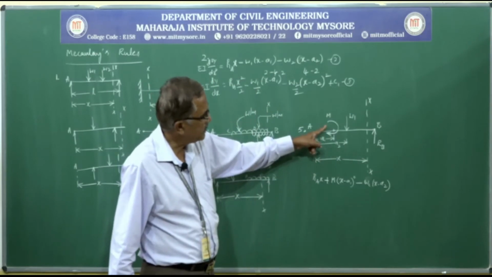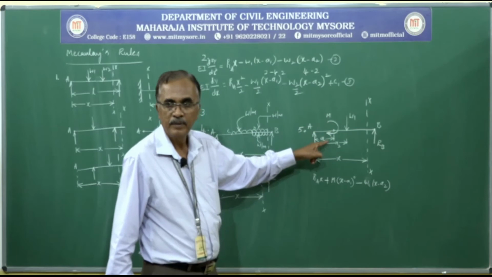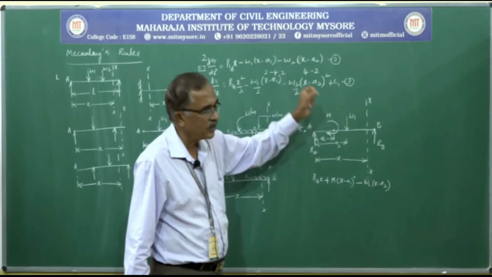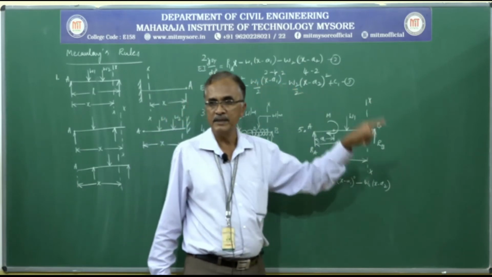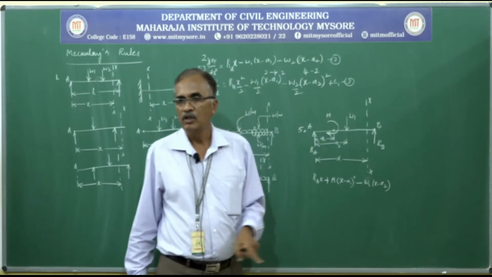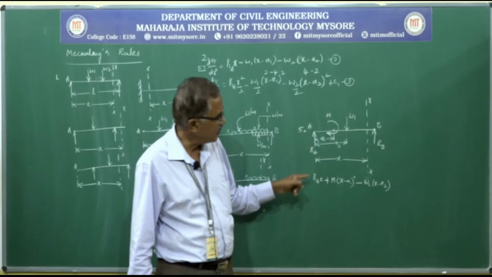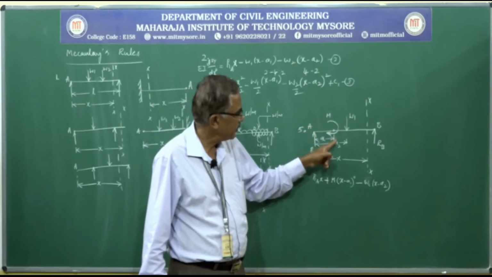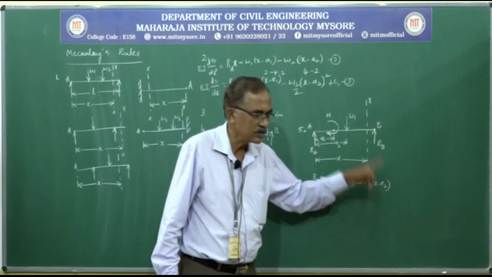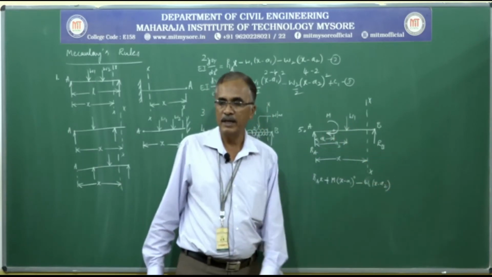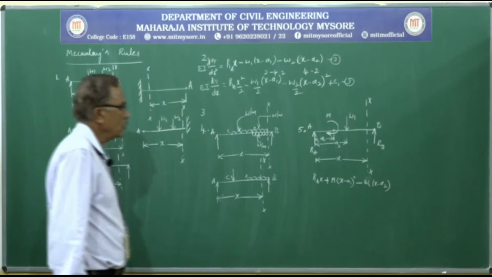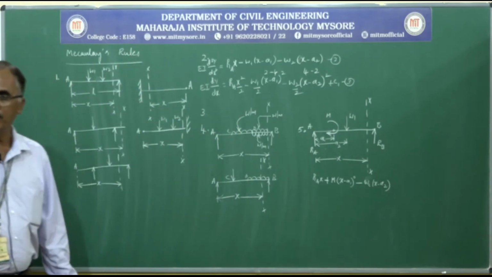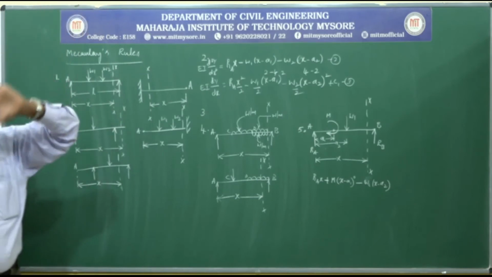If a moment is acting on the beam, in the previous case we used to consider the moment along with its sign convention as it is without multiplying by distance, whereas in deflection the moment must be multiplied by the distance raised to the power of 0 wherever it is coming. We have to consider it like that. So these 5 rules we have to apply while solving the problem along with the sign conventions.